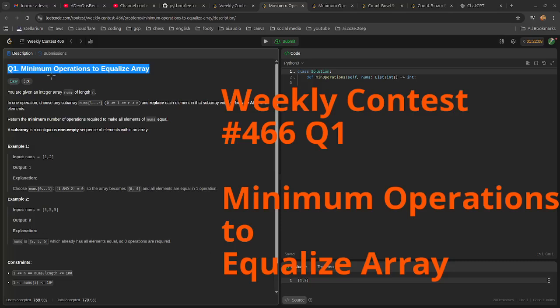LeetCode Weekly Contest 466, Q1: Minimum Operations to Equalize Array. So we want to make all the elements in the array equal, and to replace a subarray with the bitwise AND of all its elements. So no matter what the bitwise AND is, we can always pick